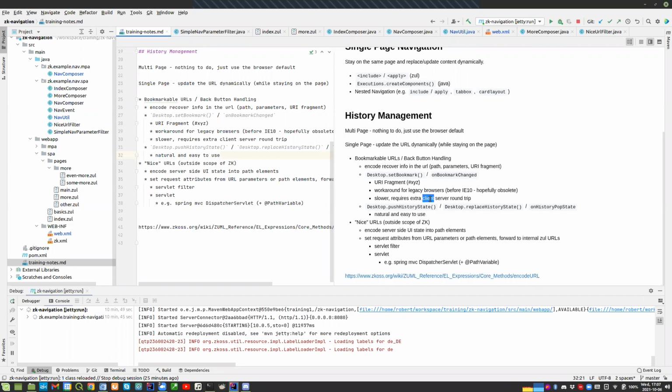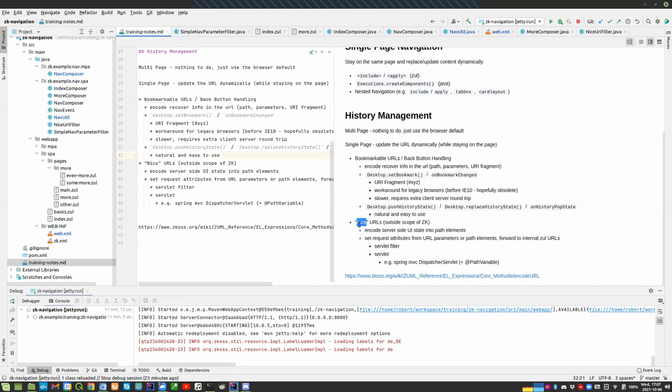It still works. I think it will never go away, so don't worry about it. It's just there. Maybe I put it the wrong way around. It just means that the push history state API is not available in the past, and it's much nicer. I would say it looks nicer. Yeah, it produces nicer URLs, and especially it produces URLs that